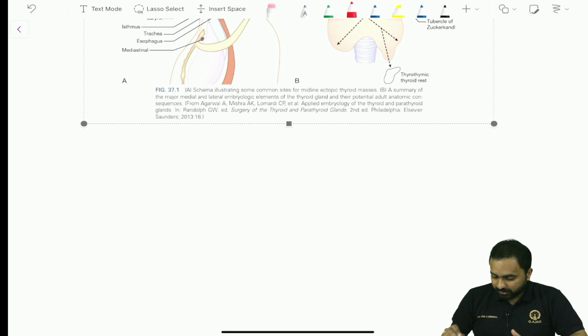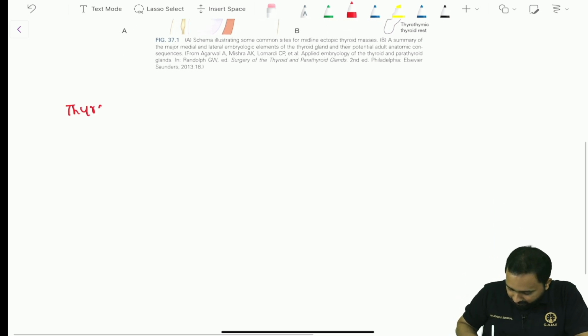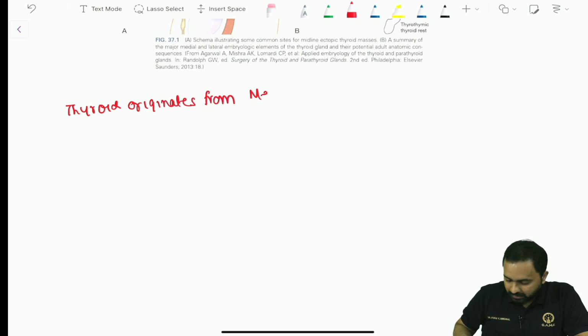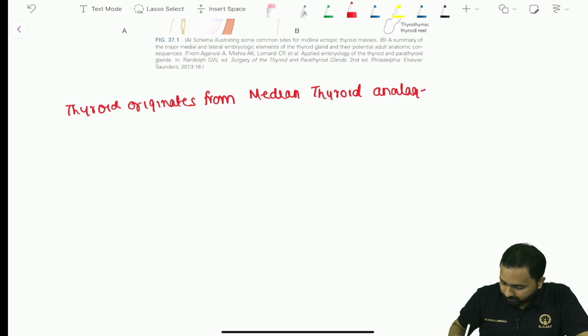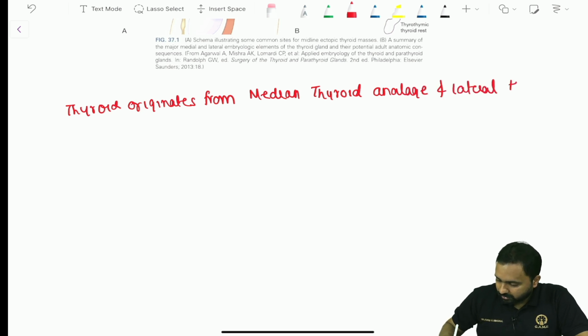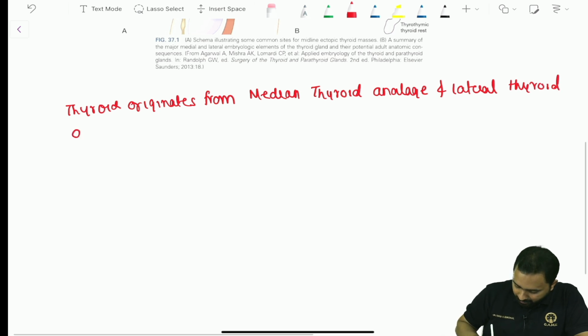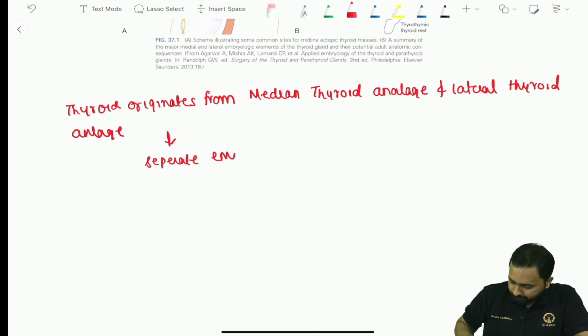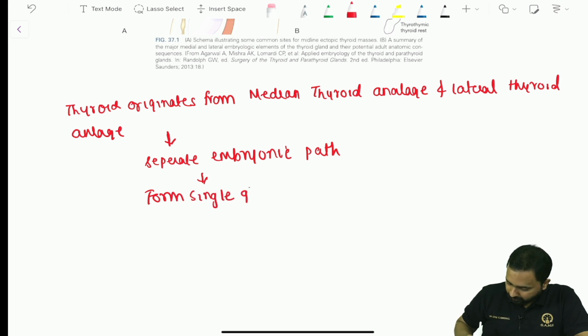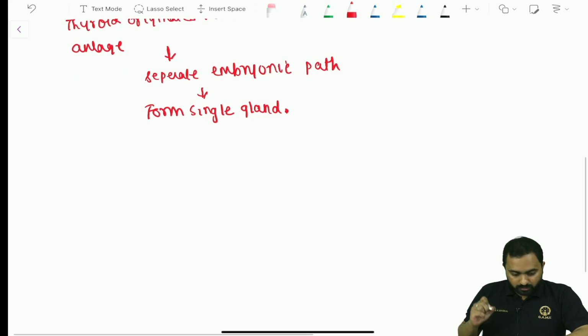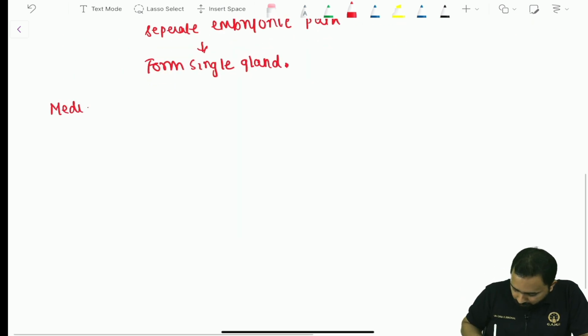Right. So first what we need to understand is that the thyroid originates from your median thyroid anlage and your lateral thyroid anlage, which have separate embryonic paths and they form your single gland. Right. So now first let's discuss your median